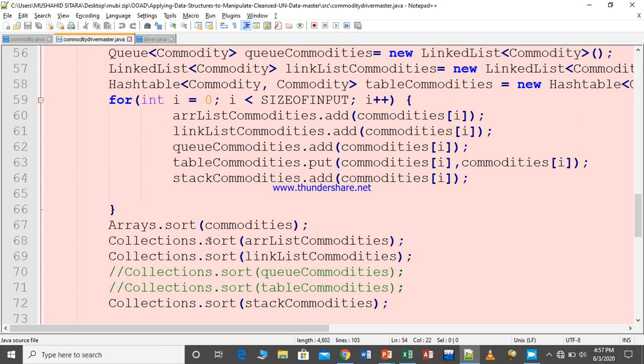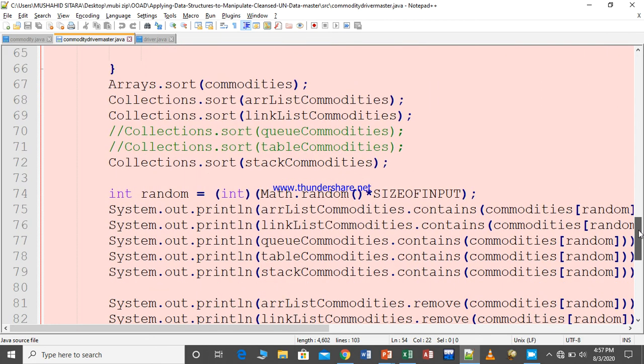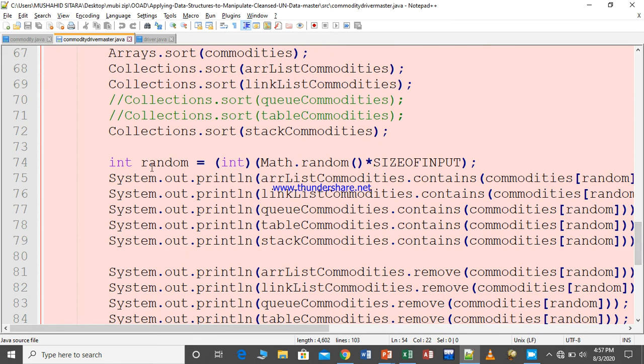After that I am sorting these data structures. Now I have created here a random integer. This will create a random number, and for those random indices from the commodities, it will print the data on the console. Here is the print method: